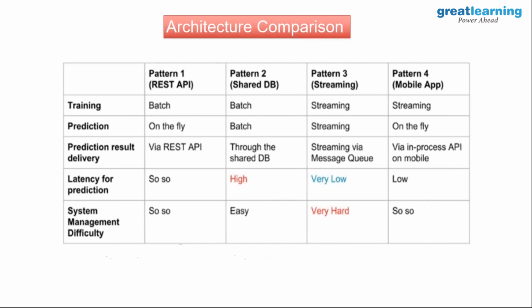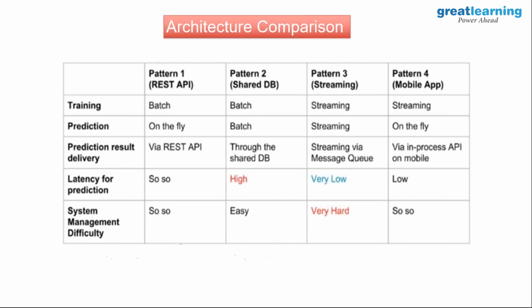and which will say record number 1. So for Anjana, the loan is rejected. For Ritesh, the loan is approved, something like that, right? So that's why we call it a batch. It happens through the shared DB. Latency for prediction is very high because this is batch processing, right? So it's not that you're able to immediately see the result. It is based on the frequency you define for a batch execution.